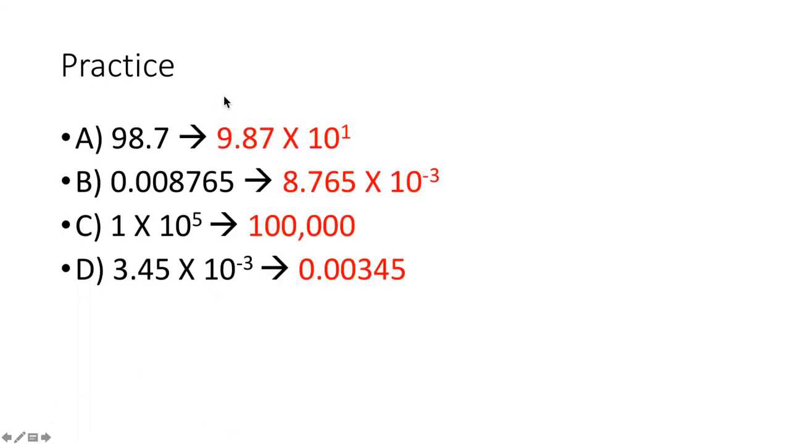All right, here's our practice. So 98, you're going to move it 1 place. It's going to be times 10 to the negative 1. I'll never ask you guys to put a number this small into scientific, but I think it's a good one to kind of practice with to start. For B, you'll end up with 8.765 times 10 to the negative third, because you're going to move it 3